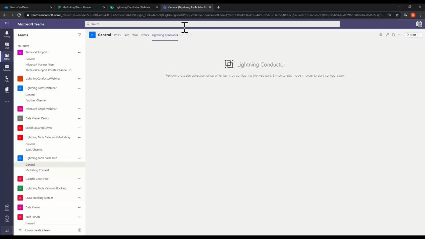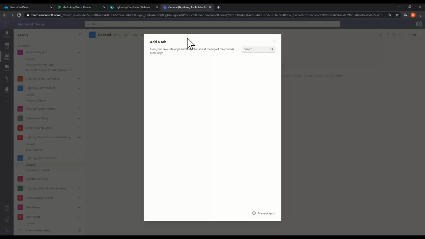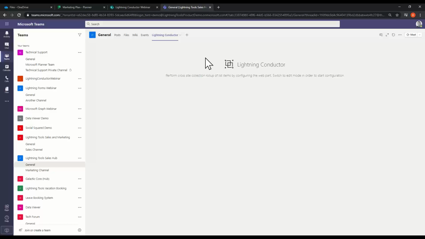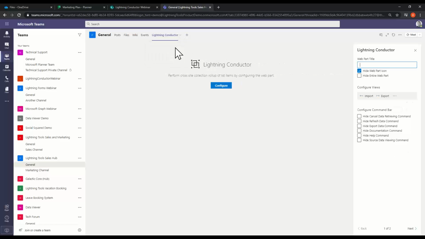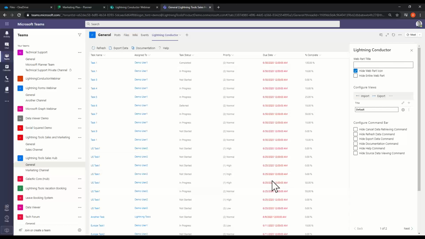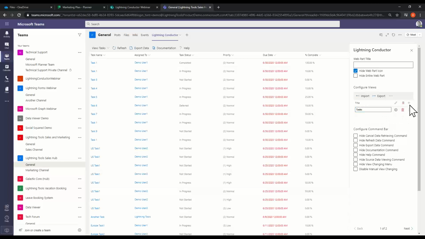And to show you that, if I jump into Teams, we've got the Lightning Conductor there as well. So you can basically just go through and add that to any team. You can select the Lightning Conductor here. And I'm going to go through and configure that one. So if we wanted to bring tasks in from SharePoint and display them in a grid view inside of Teams, we can do that as well. And not only with tasks, but also those other types of lists too. So we'll just name this one tasks,